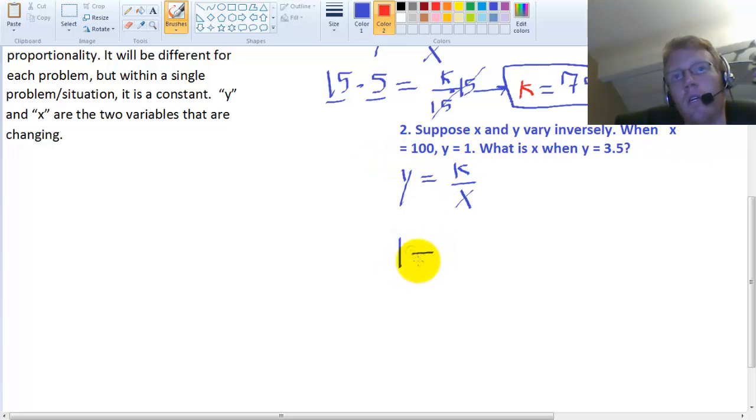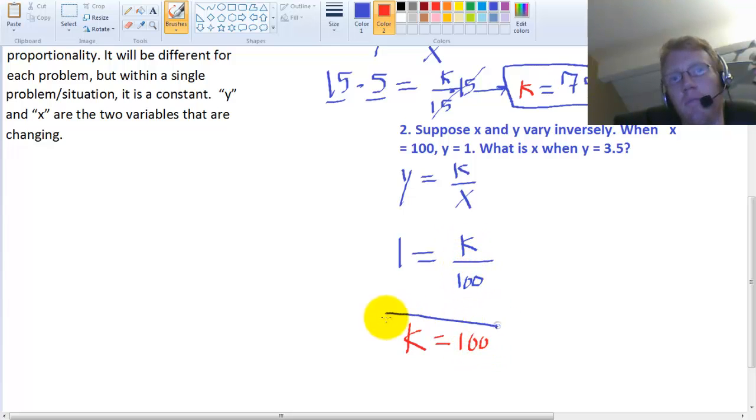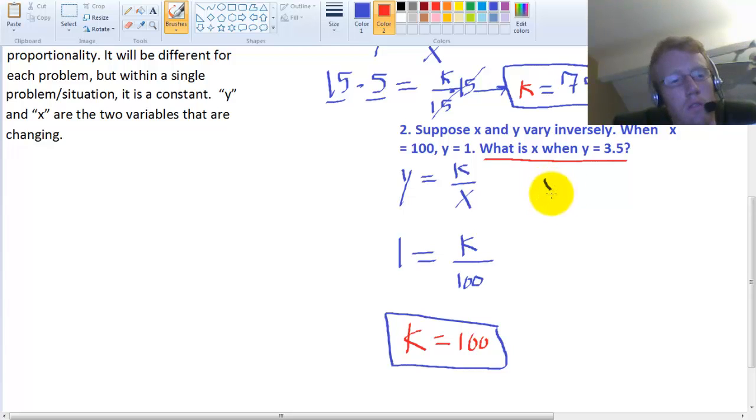Okay, 1 equals k over 100. So we're just plugging in the numerical value for x as 100 and y as 1, which allows us to solve for k. And k equals 100. Just multiply both sides by 100 here. Now that we know the value of k, we can plug that in to find the value of x. So y is 3.5, so 3.5 equals k, which we just found out to be 100, divided by x,